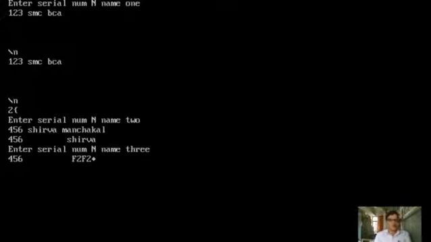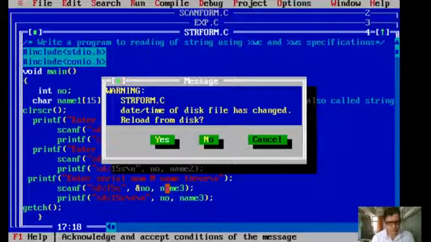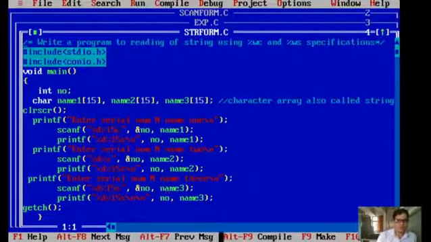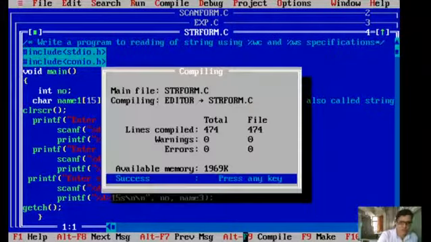We have to enter serial number 3 and name. Now I am entering 45, and automatically this statement doesn't execute. Why does it not execute? Already we have given the space. Clear? Yes. Now once again I am running the same program, Alt+F9 and Ctrl+F9. Now please observe, I am giving 1 2 3 space SMC space BCA space Shirva space Manchakal.